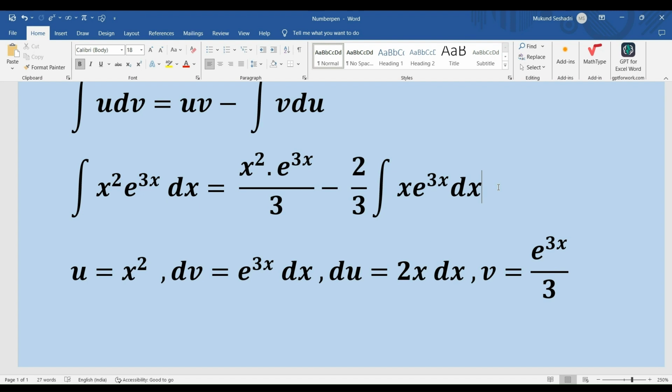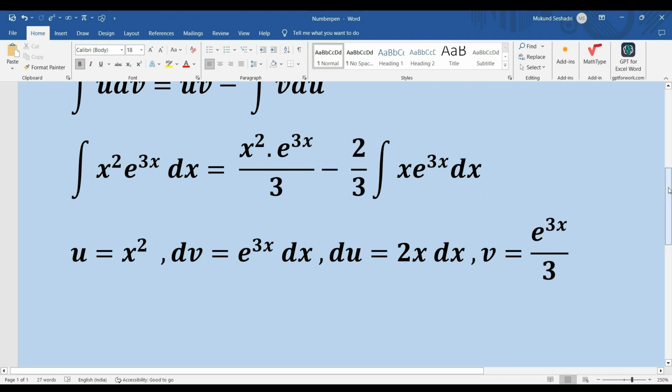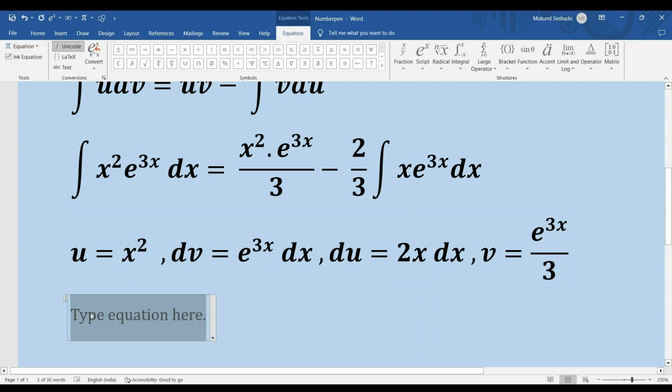It calls for again an application of integration by parts, but this time we're going to apply it on integral of x into e to the power 3x dx, right? So I'm going to write down my u v du dv, right? Now